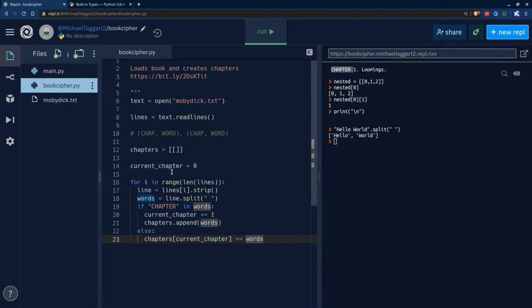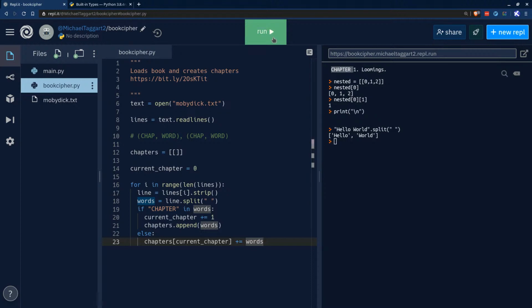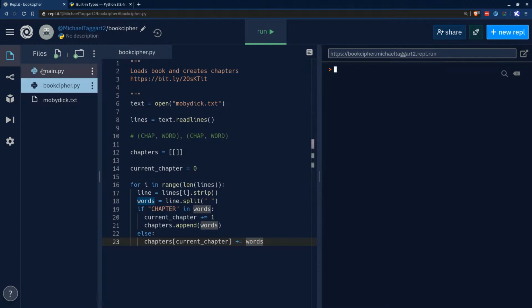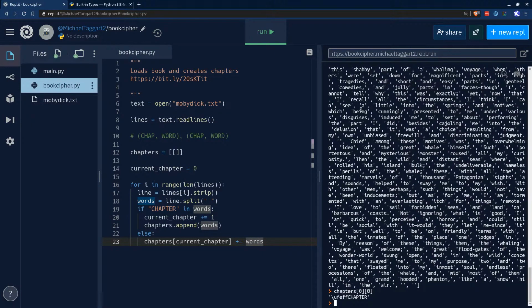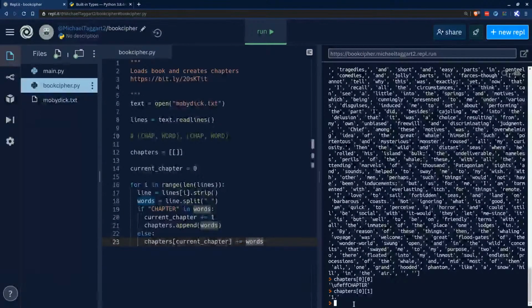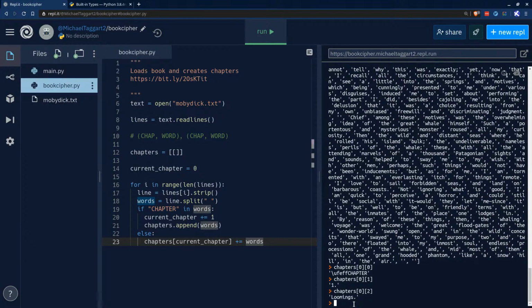We've taken care of loading the book and getting it ready to make the code. So let's go ahead and click run here. Now, I haven't printed anything out, but the code did run, and to confirm it, let's look at our chapters. Let's go look at chapters[0]. This is going to be a lot of text, right? That's too much. Let's go chapters[0][0]. Right, we have all this Unicode stuff, but then we have the word CHAPTER for the first word. Now, what's the second one? 2 Loomings,